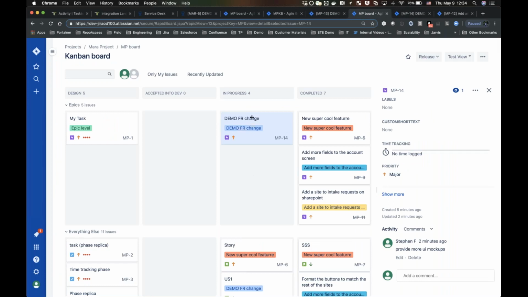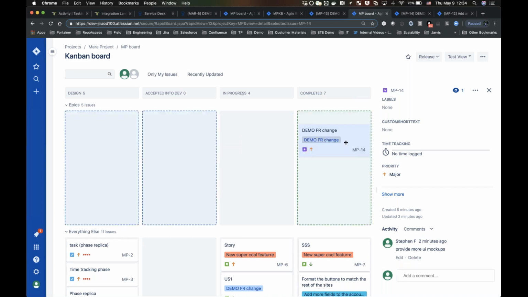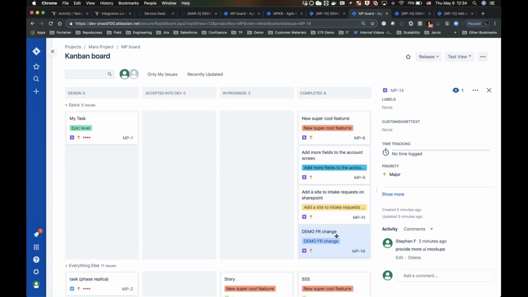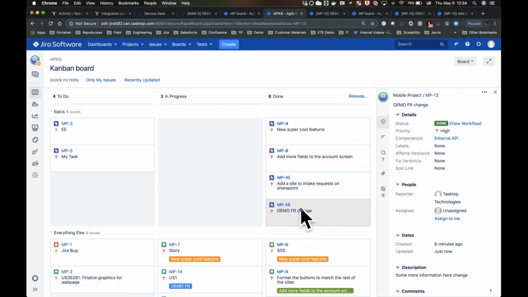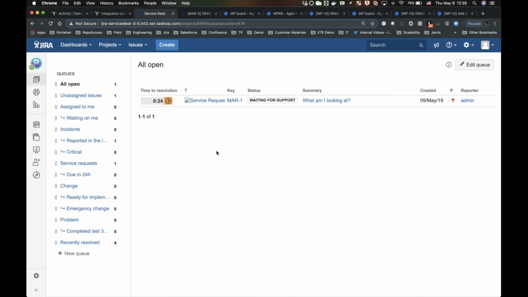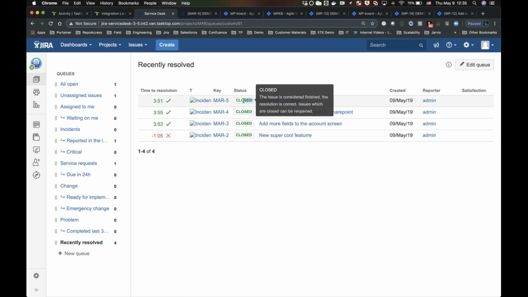Just to show, you can see that the change actually got populated here already. Just to show a completion of the story, and that'll be the end of this little live demo for me. Let's say at some point we finish our feature or epic, and we want to communicate that all of that is good and done. Once I jump over to my demo, you'll see my epic already jumped into done, so I know that's good and over. And if I go back to my list, you can see that it disappeared from my open list. But if I look at my recently resolved, you'll see that my demo FR change has